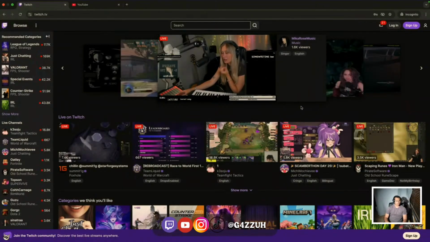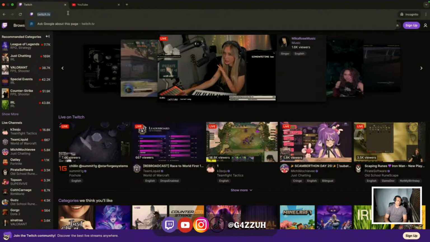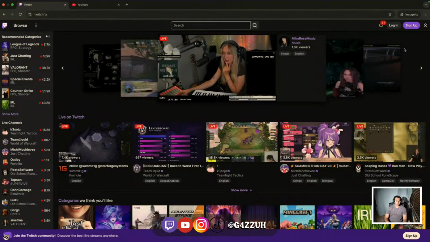Okay, so I've got Twitch open here, right? You want to go search for twitch.tv, and then press enter. It should take you to this window. Once you're at this window, you want to look at the top right hand corner. If you already have an account, you can just press login, but if you don't have an account, you can